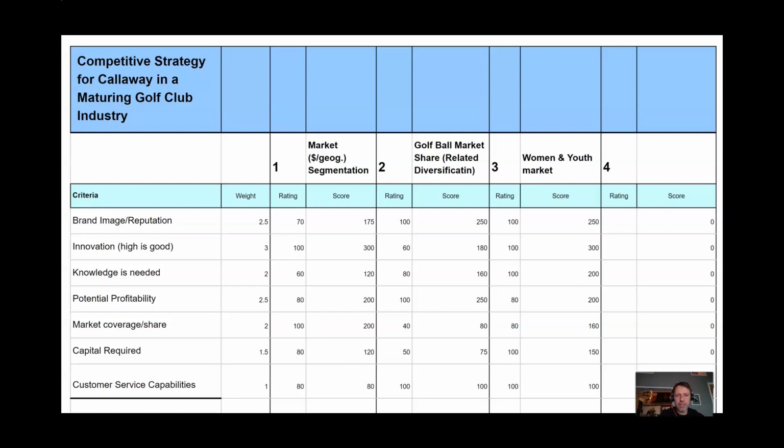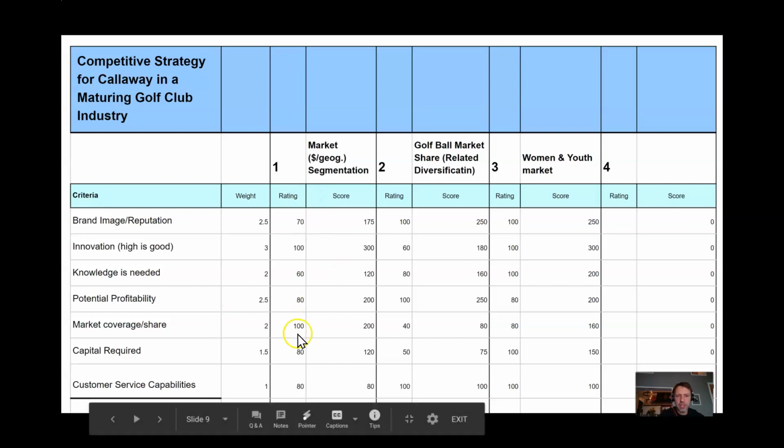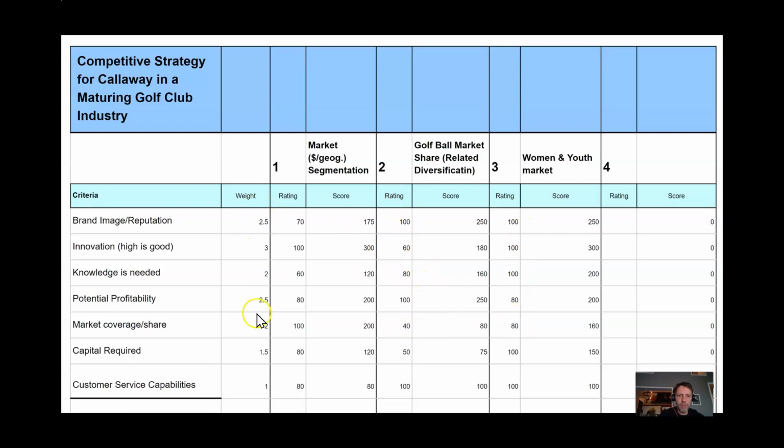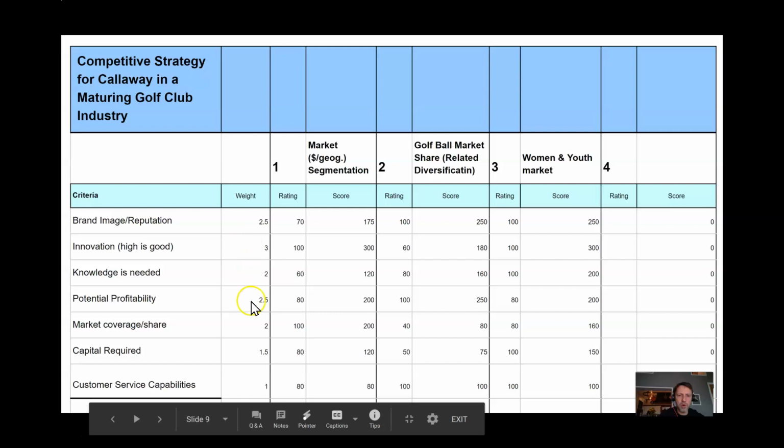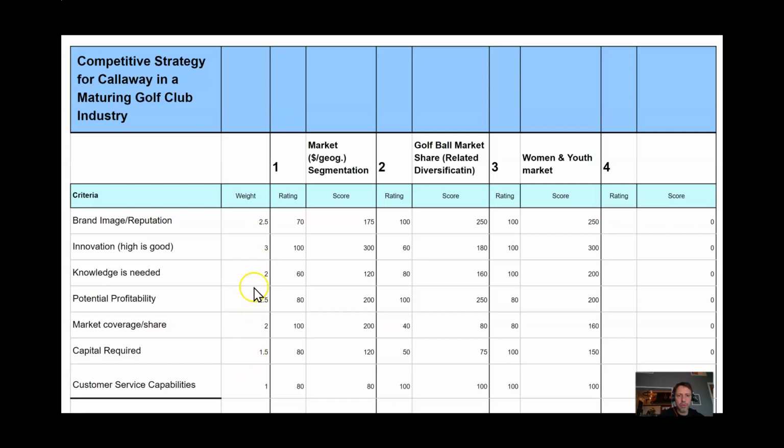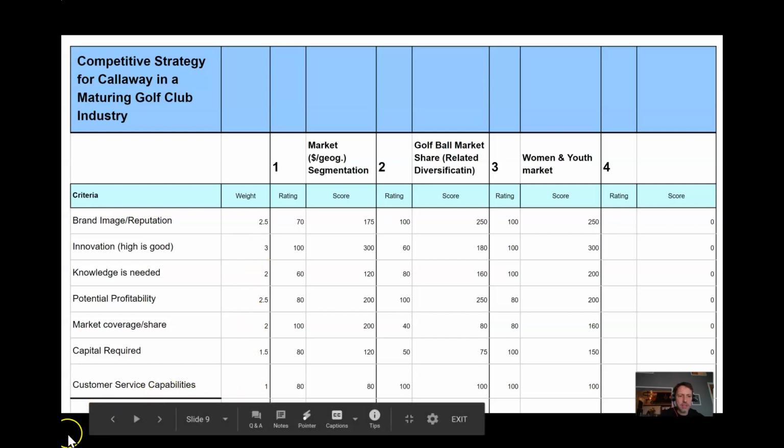And you can rate each within the strategy, and you can weight each by what you think is more important. So for the things that are rated 3, now I only allow ratings of 1 to 3. So 1, 1.5, 2, 2.5, and 3 are the options, and 3 means really important, 1 means less important.